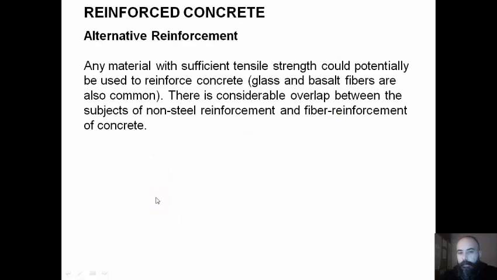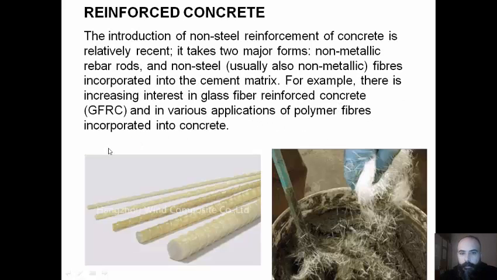Any material with sufficient tensile strength could potentially be used to reinforce concrete. Glass and basalt fibers are also common. There is considerable overlap between the subjects of non-steel reinforcement and fiber reinforcement of concrete. The introduction of non-steel reinforcement of concrete is relatively recent. It takes two major forms: non-metallic rebar rods and non-steel fibers incorporated into the cement